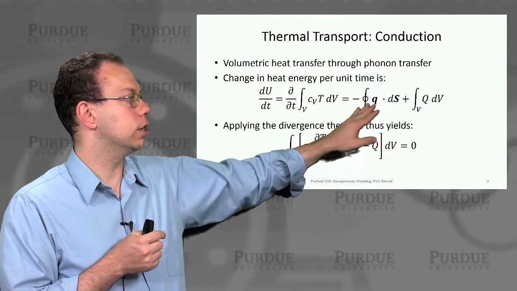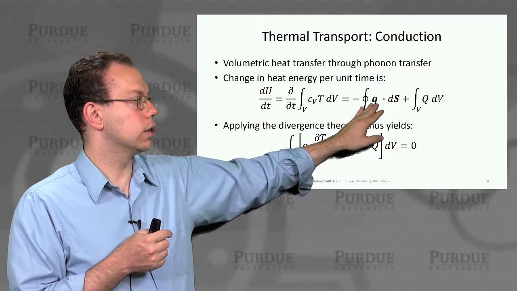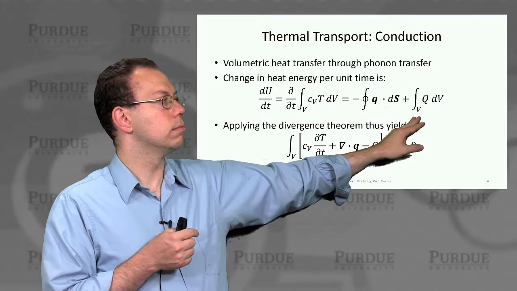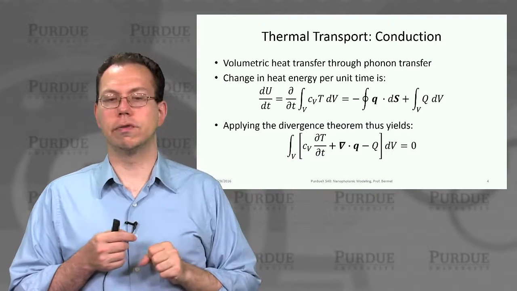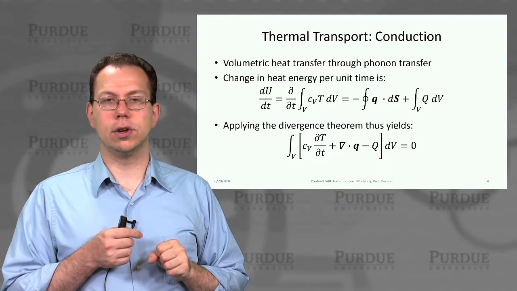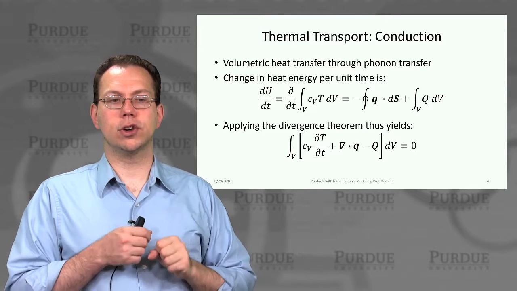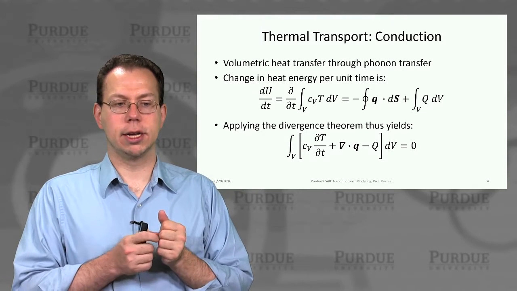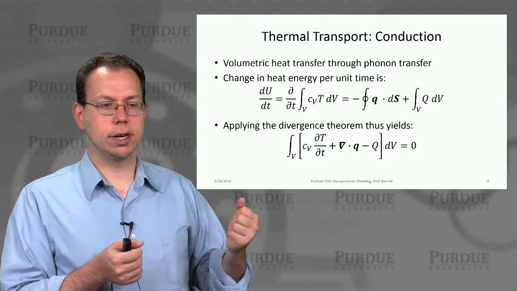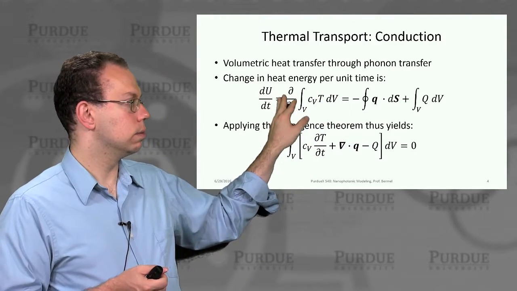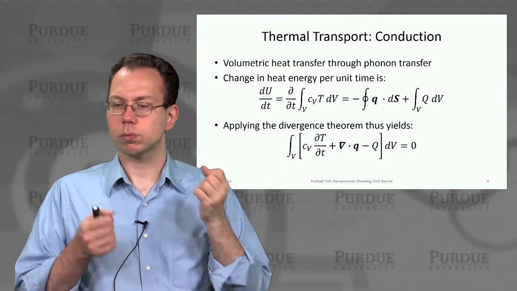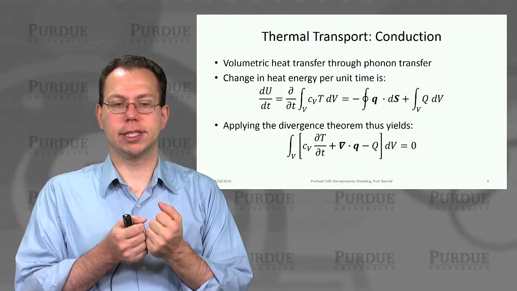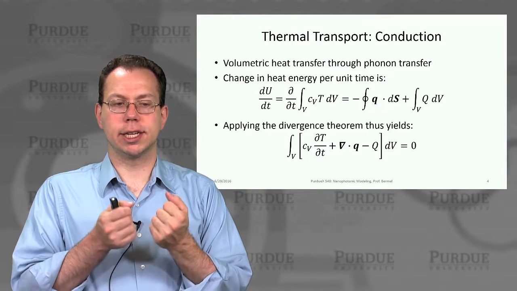So that's written as Q dot dS, a surface integral. This is a closed surface, that's why it has that little circle, plus this integral over the volume, Q dV. Of course, this choice of volume is somewhat arbitrary, but whatever that volume is will determine what this U is actually depicting. And of course, you can try to model just part of a system with this.